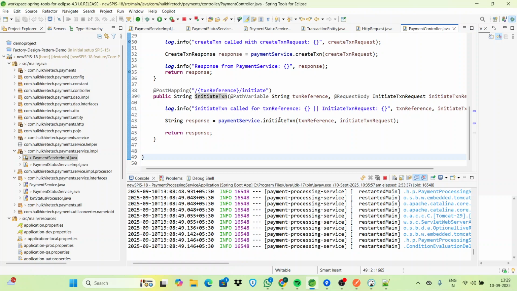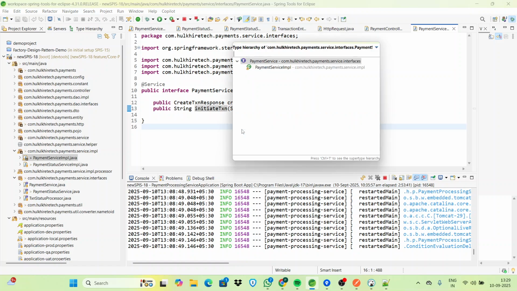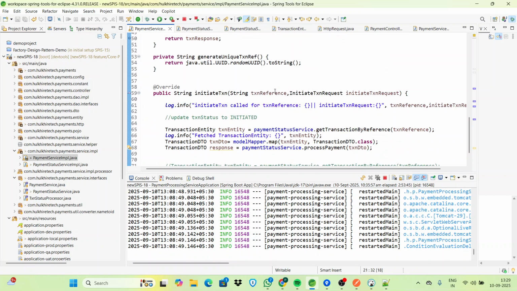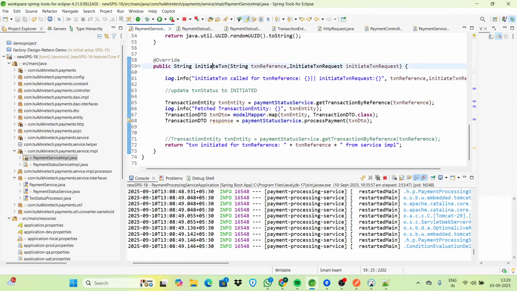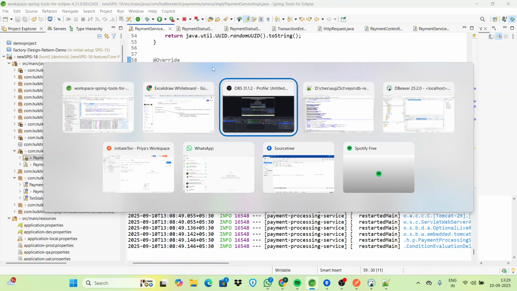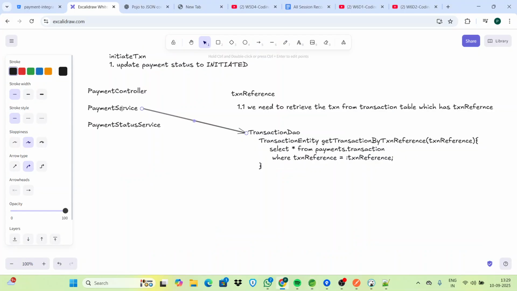It then calls the initiate transaction of the payment service, where it goes inside the implementation, inside this initiate transaction method. So first the payment service should call the transaction DAO